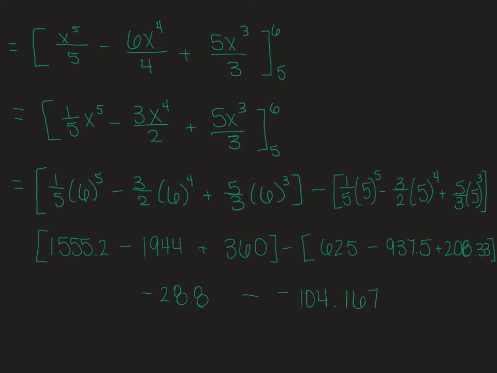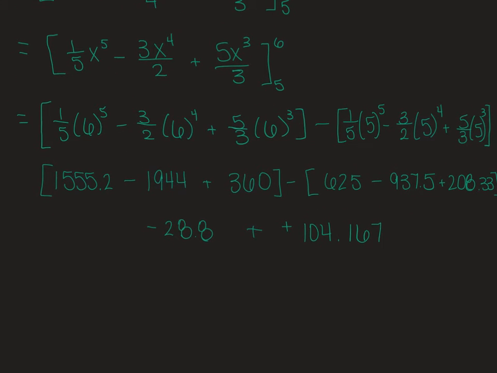So now we're going to add these up. So we have 104.167, and we're going to add it to the negative 28.8, and we get 75.367. So if your decimals are a little off, it's okay because this was a repeating one, but you can